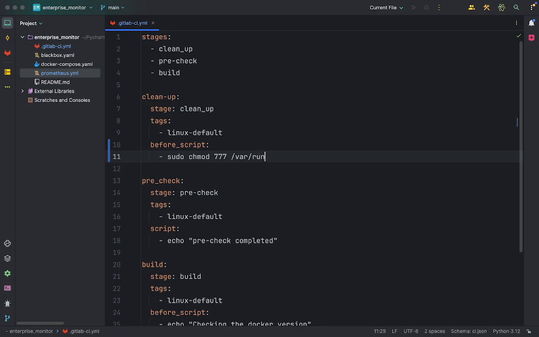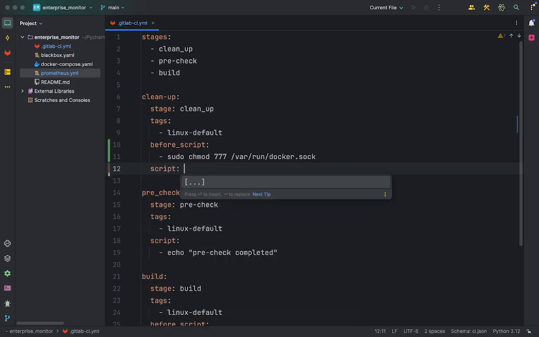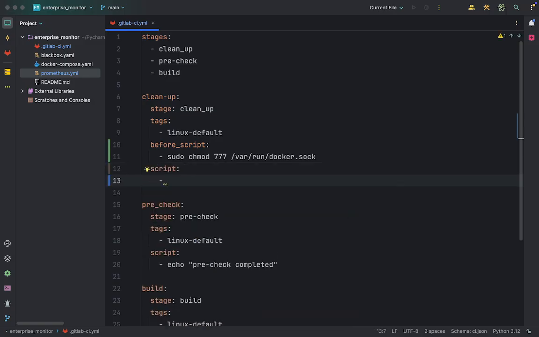But this particular path, docker.sock. You know why I'm giving it? Because in case deleting says permission issues, I'm just adding it. Okay, now add the script here. In script, first we will clean up Docker